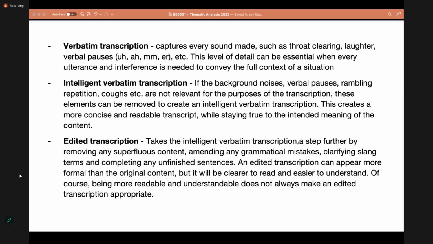Depending on the type of research that you're doing, even those kinds of details can be useful to get a full idea of the situation that you analyze.